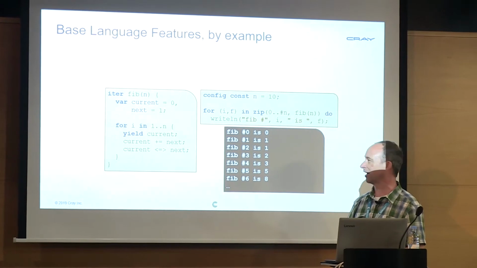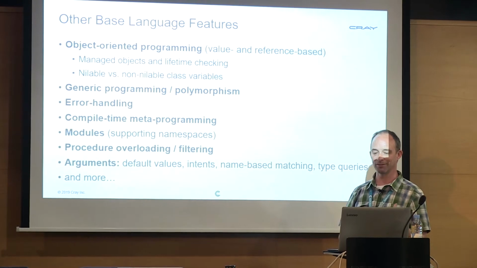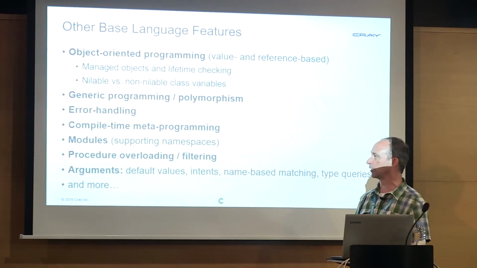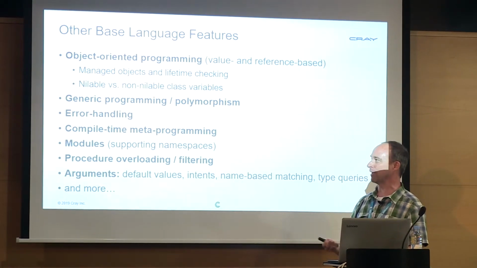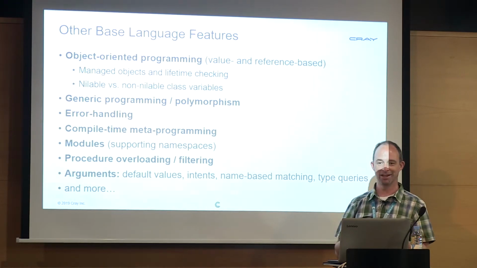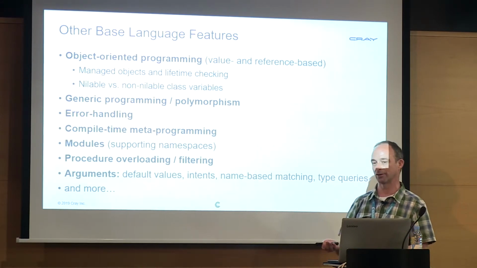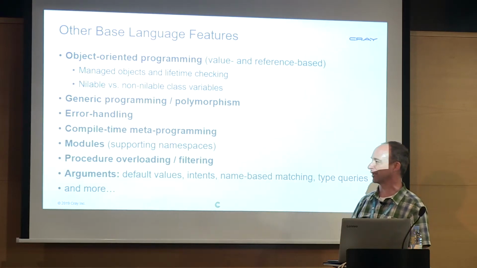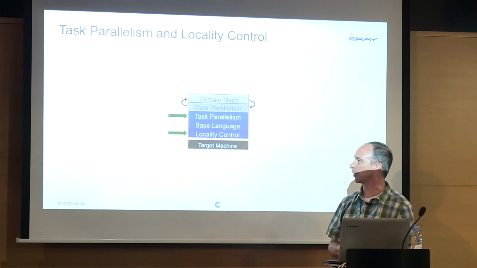So that's the base language, just a few of the key features. The base language is very, very large. We wanted anything you might expect from a modern programming language. So we have object orientation and memory management, types and nillable versus non-nillable types, generic programming, error handling. It's a huge base language, which is not unusual for modern languages. But there's a lot more to it than I'm going to be able to tell you about today. So this is just a list of other things so that you know there's more there. If, for example, you're wondering where are my objects, I need objects. But let me get to the things that are a bit more unique about Chapel.